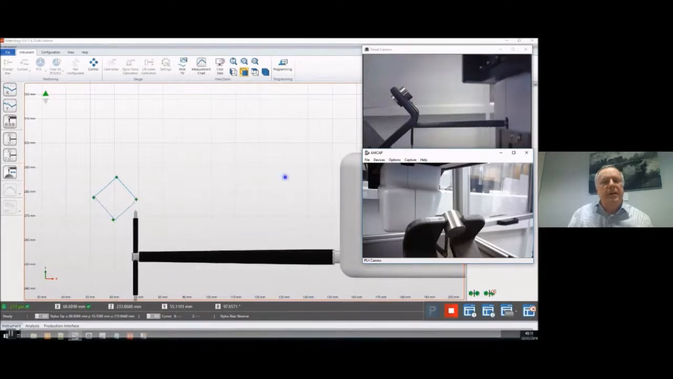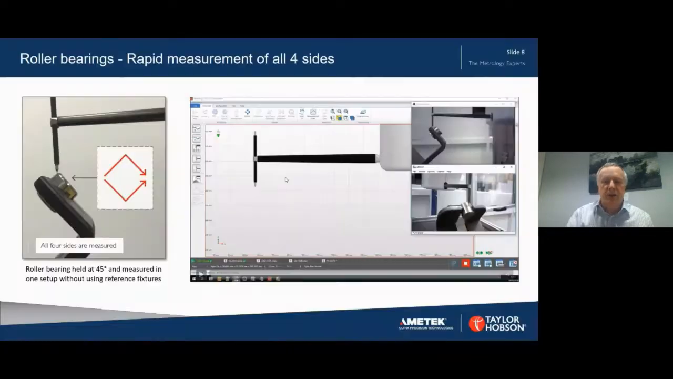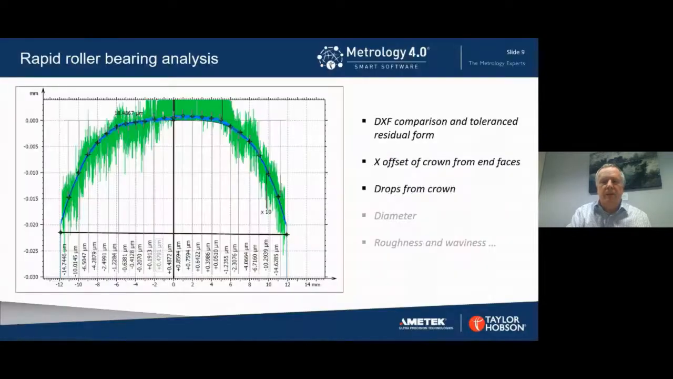So without any fixtures, we've managed here to measure the full roller bearing. And what we get is the results which allow us to look at the drawing, the DXF comparison, and the tolerance to residual form. And you can see that here. We also can see the X offset of the crown from the end faces. It's a very small value there, but there is a difference between the centers relative to the end faces and the center as defined by the